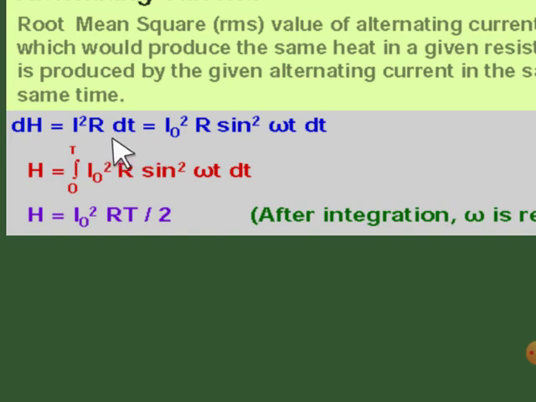Okay, so let's express I in terms of the sinusoidal function. So dH is equal to I naught square R sine square omega t dt. Then if you want to find the total amount of heat produced during the whole cycle of the AC, you need to integrate this dH. So the integration of dH will be the integration of I naught square R sine square omega t dt from 0 to T. Now this will be equal to I naught square RT divided by 2, where omega is nothing but the